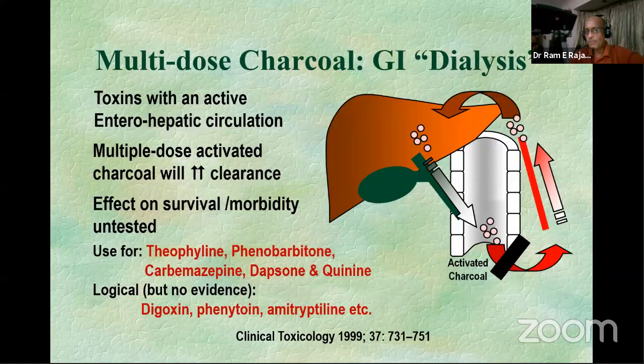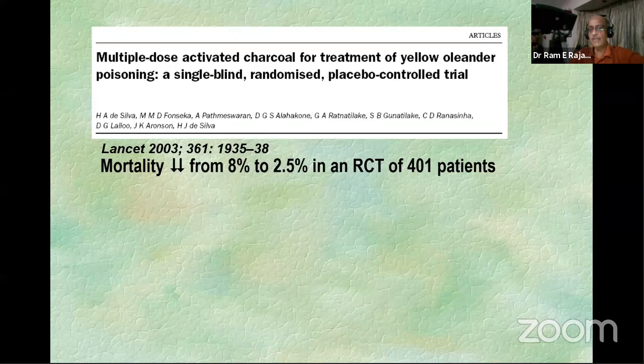So some people would use multi-dose charcoal, which has a completely different mechanism. By being in the gut at all times, it can cause adsorption of enterohepatically circulated poisons. So typically theophylline, many of these anti-seizure medications, and to some extent things like digoxin can also be circulated through the liver and into the gut, and this can be a way in which you can minimize it. But now I'm going to throw a bomb at you and say that in this particular case of paracetamol overdose, there is a certain amount of data that will come up.